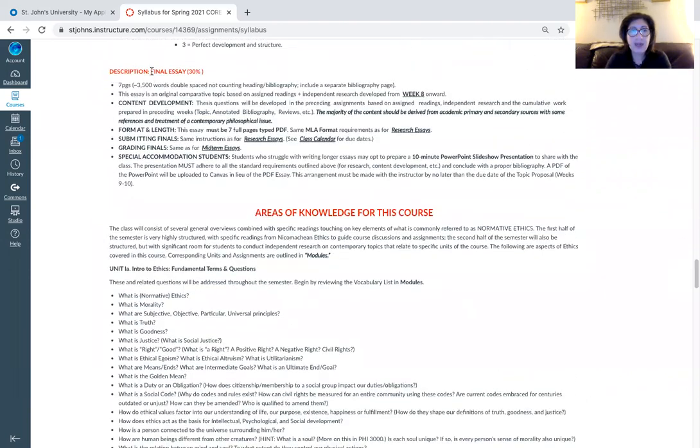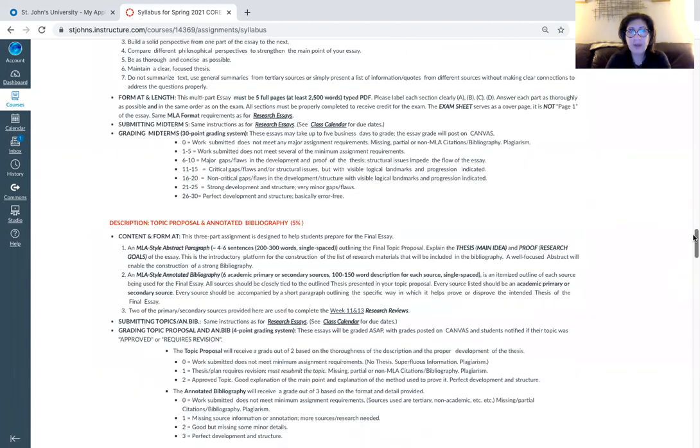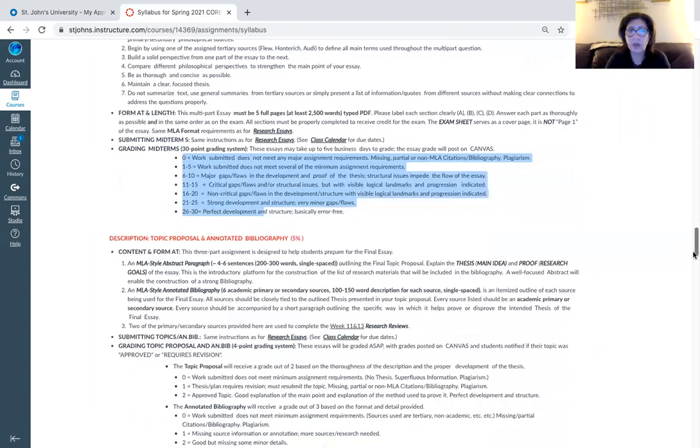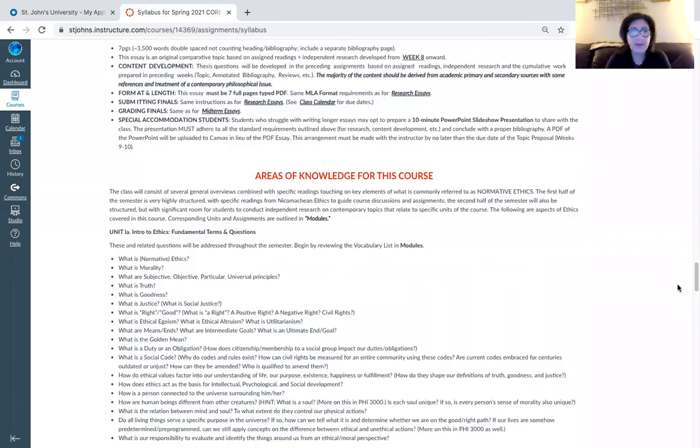Then the final essay is the final 30% of the class. Okay, and the instructions for the final are here. However, the grading lineup that I have up here for the midterm, meaning this over here, applies for the final. So the same rubric that I have for the point by point system is the same as for the final. Okay, now,